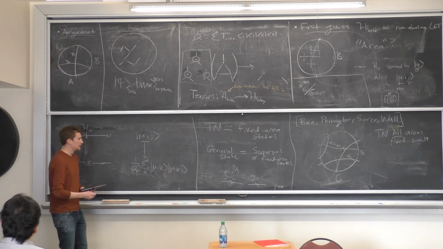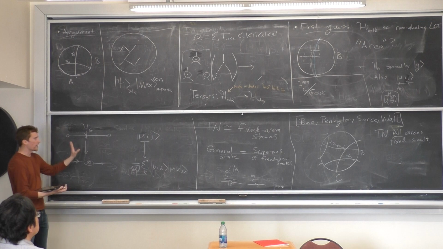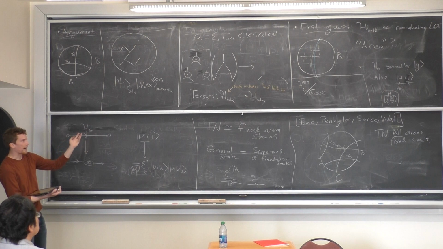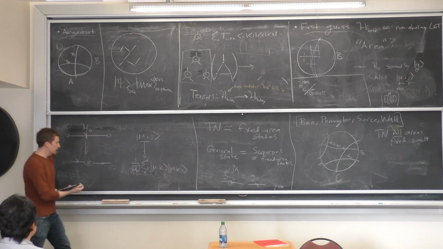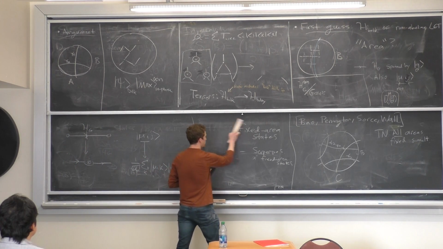So the idea, I don't want to get too bogged down in these details. The idea is that there's a natural way to let this non-abelian lattice gauge theory be the bulk Hilbert space, and have the tensors act on them to map it to some boundary state. But what you get, unfortunately, is not non-commuting areas. What you get is that